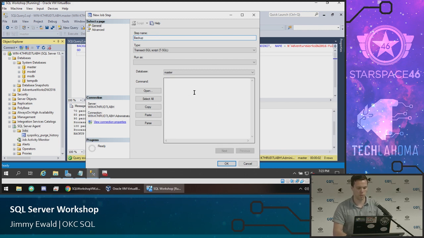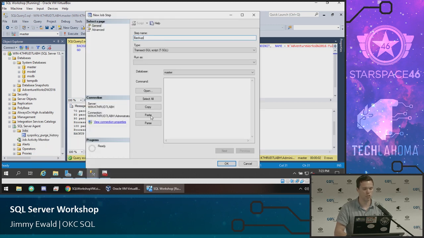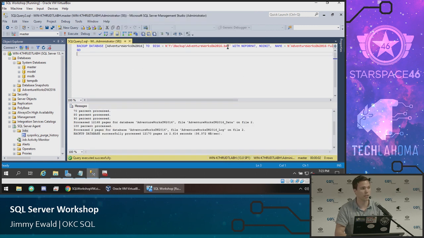Now check this out. Remember how we scripted this? We know our database, this is the script for backing up this database here, right? Full backup. We just scripted this and ran it, and we know it works. So now we can go to this job step here, and we can just put in the SQL right here. Now, as it was pointed out, if we run this on a schedule, we're going to keep overwriting previous backups. So what we want to do, and maybe we even test this over here first,